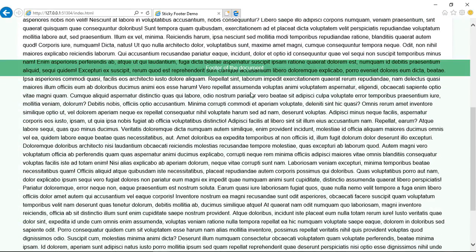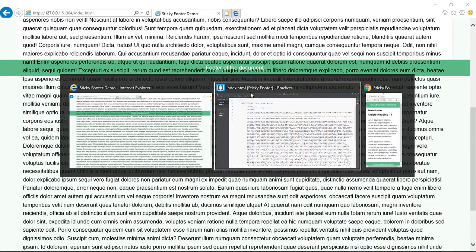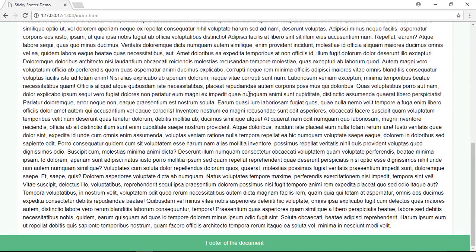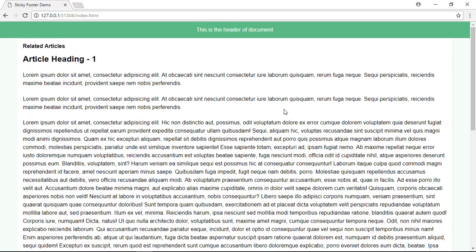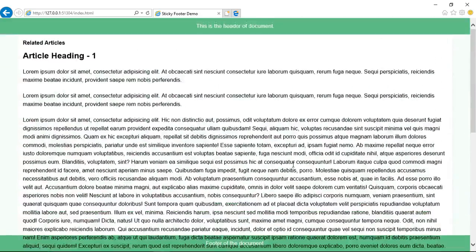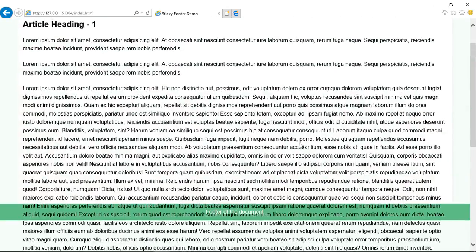Now it's not working anymore. Let's go to this Chrome browser and see the result. It's working fine here. Let's switch to Internet Explorer and see the results again. It's not working here as I was expecting it to.